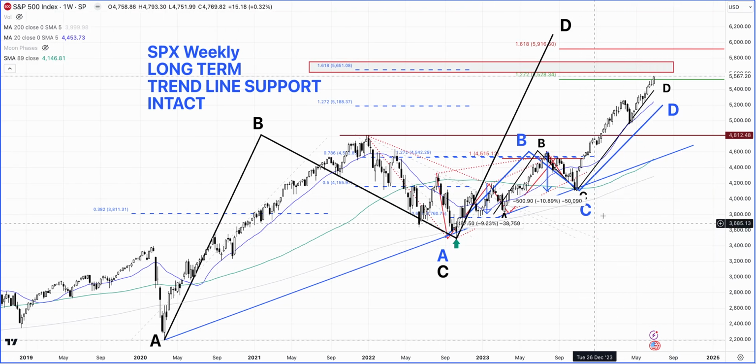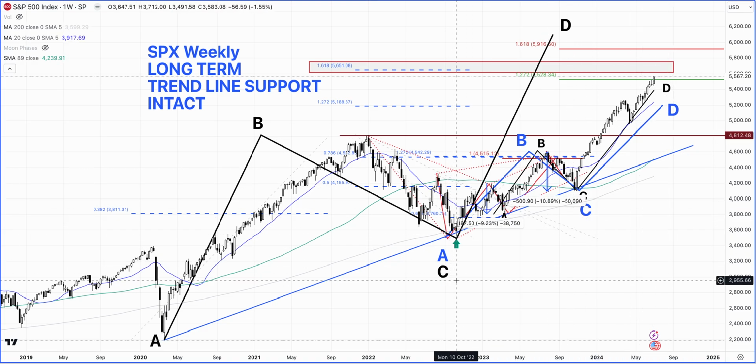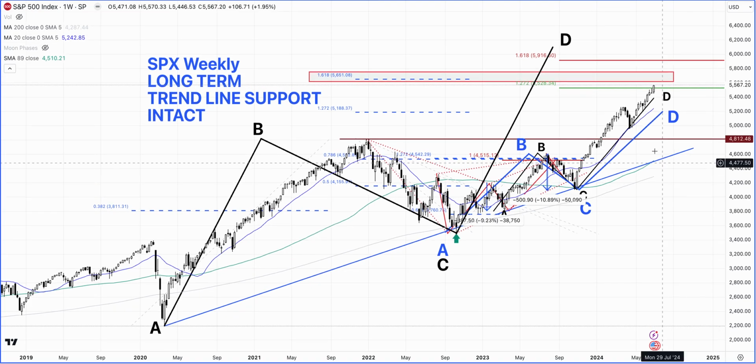But the reality is this market has been pretty strong, and when the market bottomed around here, there was a lot of pessimism. When the market began to fall from here and did a correction, there was a lot of pessimism and bears came out, and it was very hard for some of the bears to believe that the market had turned and just kept on moving higher. Now we are reaching these really elevated levels, so we are going to see a lot of talk about some sort of correction or sector rotation coming, which may or may not happen. But the reality is that the market is moving towards our targets.